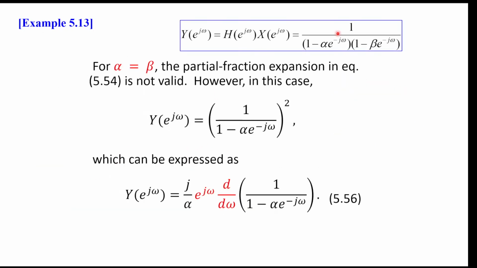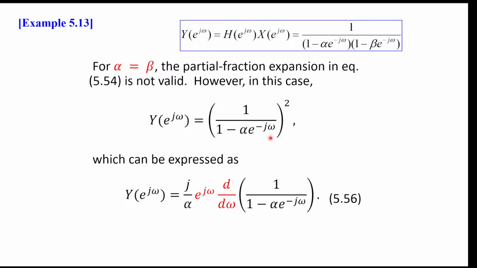So you have a fraction that's something squared. Okay, so you need to directly calculate, I guess you need to have a relation that tells you what's the inverse Fourier transform of this 1 over (1 minus alpha e to the minus j omega) squared. Okay. And also just like in chapter 4, this is where you use the differentiation property, and in particular